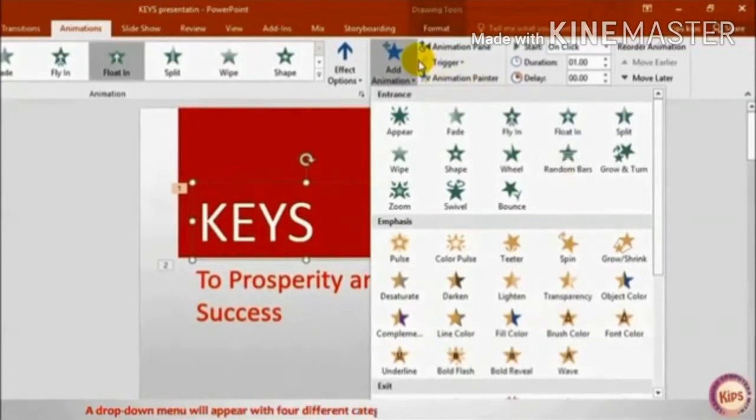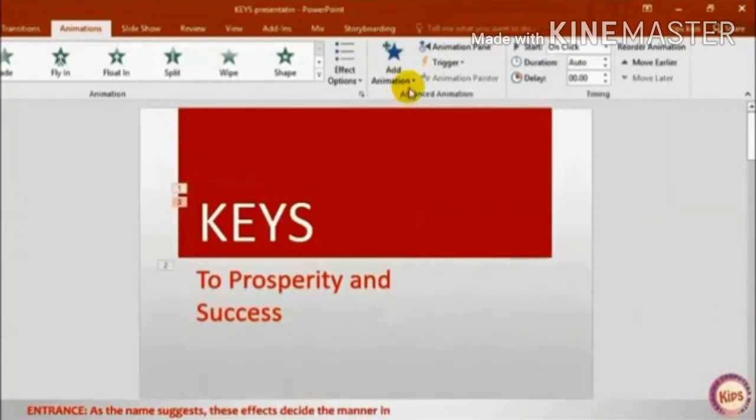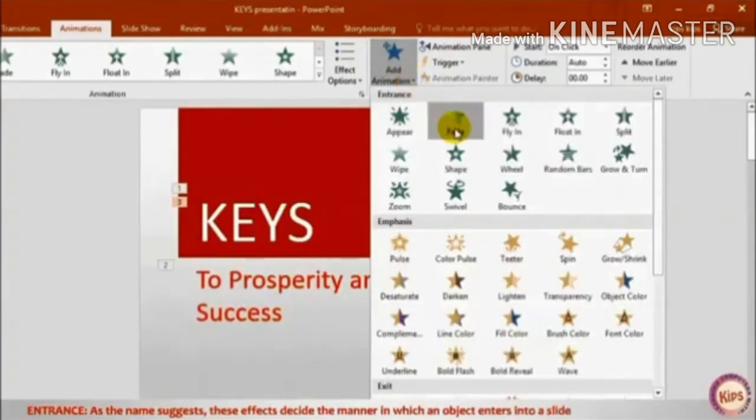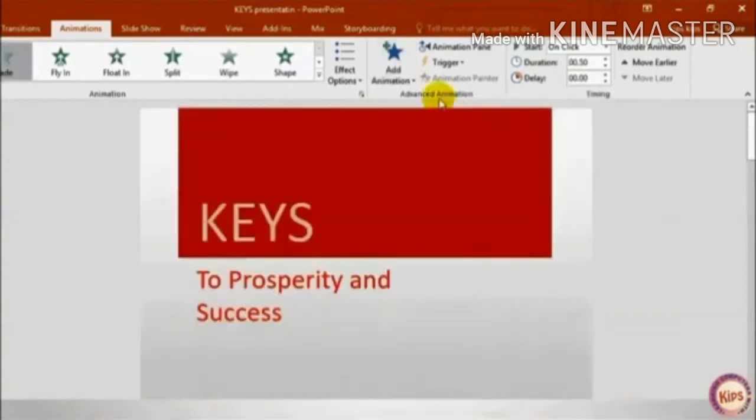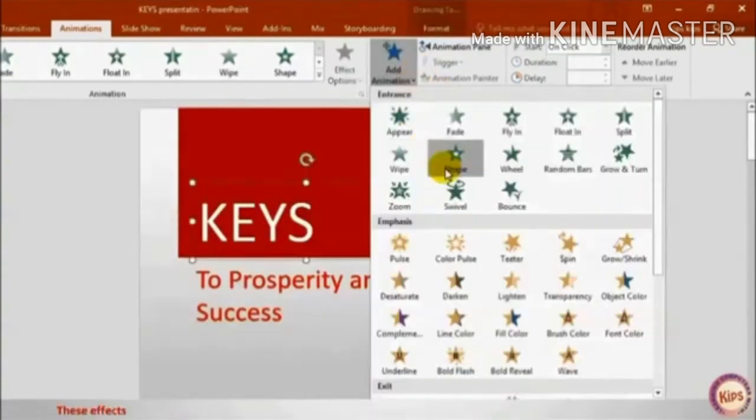A drop down menu will appear with 4 different categories of animation effects. These categories are, the first one is entrance. As the name suggests, these effects decide the manner in which an object enters a slide during the slideshow.